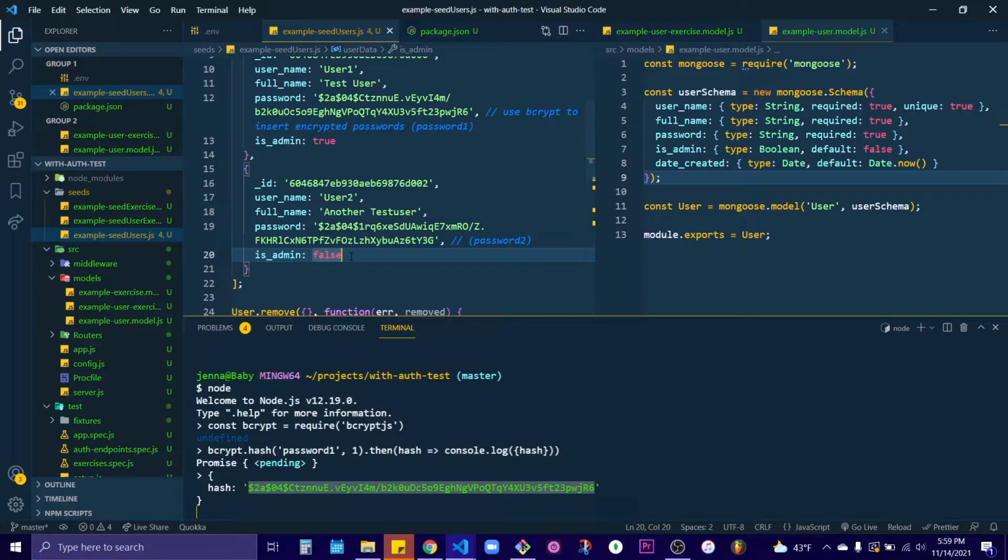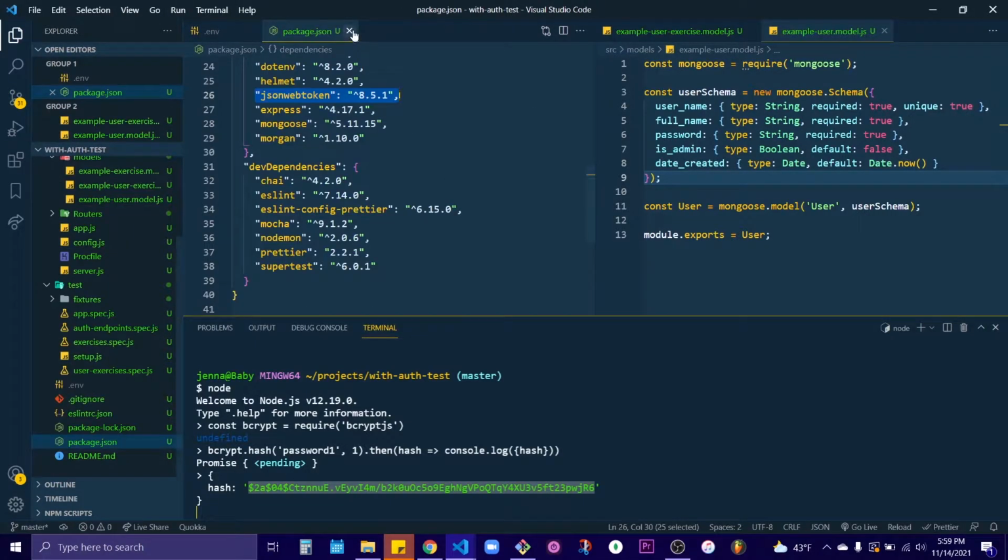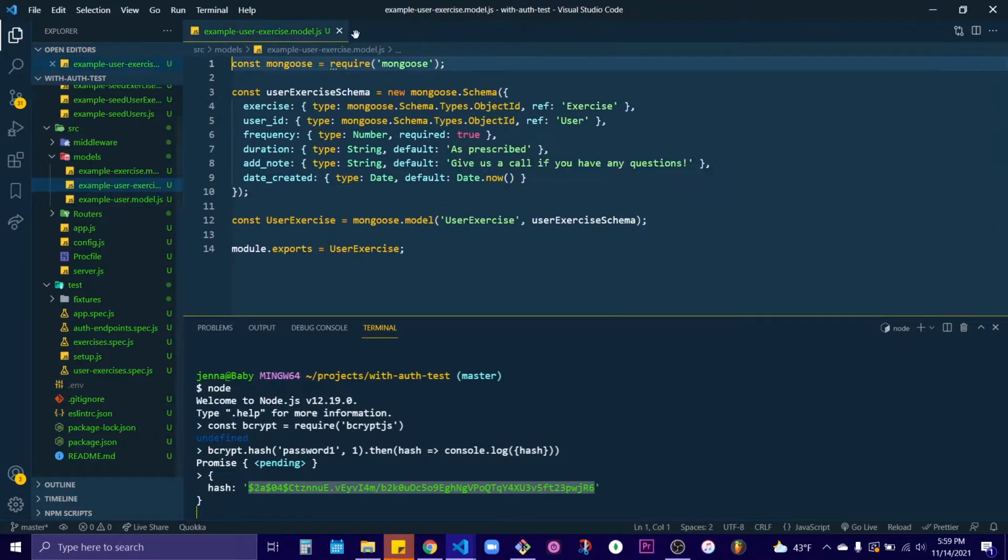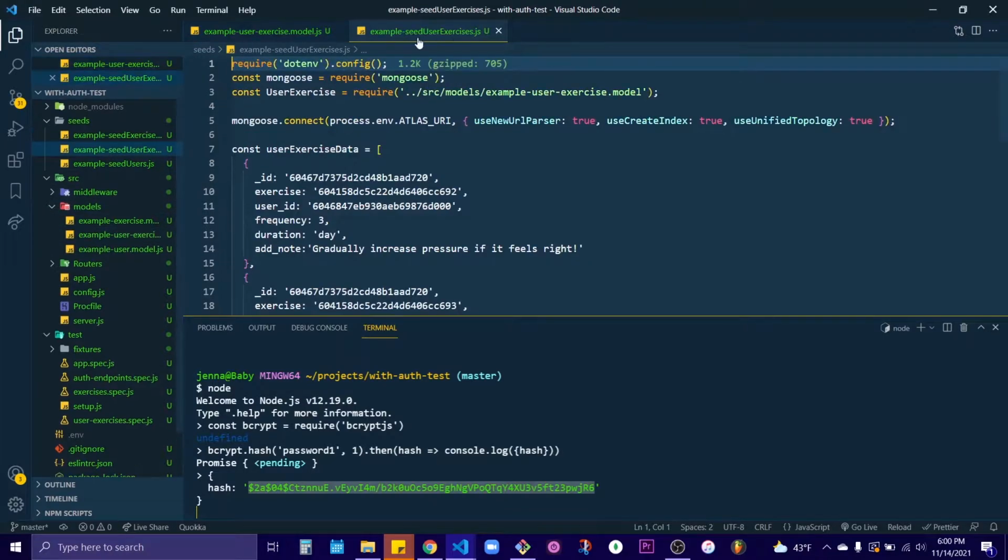So, all right, we have our users file, our users seed file here. I'm going to X out all of this, keep it nice and clean for us. And now we're going to look at the user exercises. And like I said before, the reason why I had both of these files is because I could just put the users in and we would have that set up and someone could even log in and get their JSON Web Token. But how can we actually prove that that JSON Web Token holds any value unless we have something that only a specific user can access? So that's why I have this user